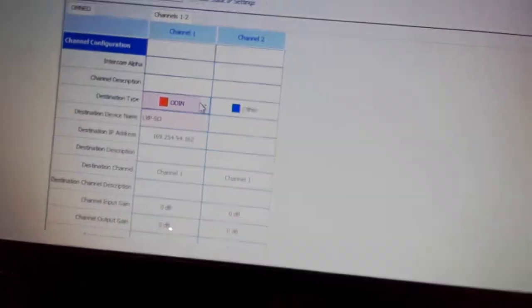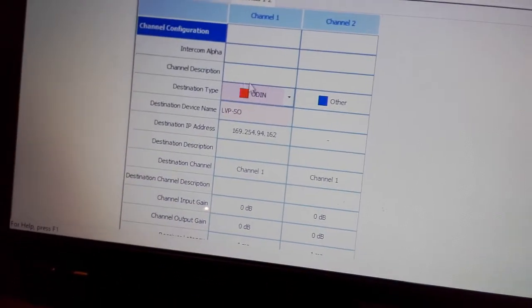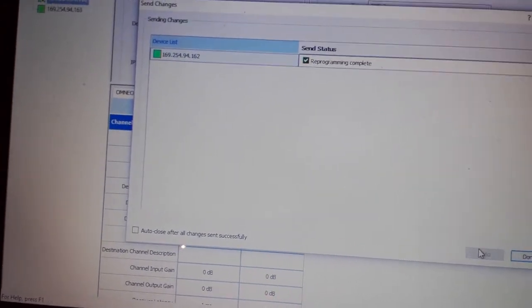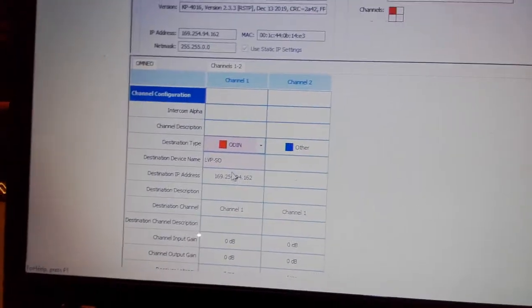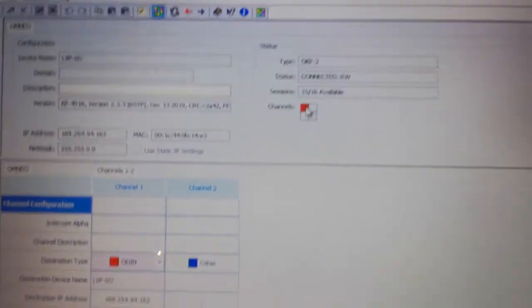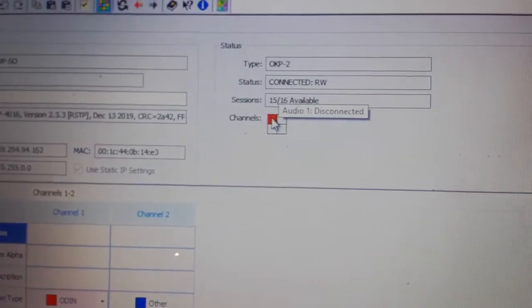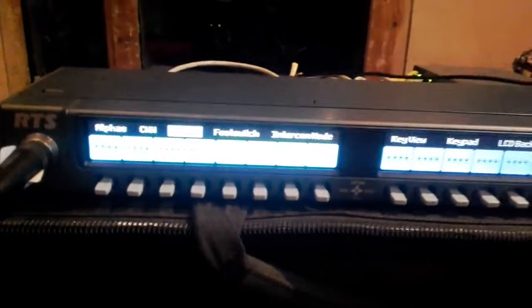This is ODINE, right? It's sent from the panel to the ODINE, and we need to update this. So reprogramming and network, okay. And now we can see here the crosspoint is done, but it's disconnected. Audio is disconnected. And also you can go to the panel, go to service, and check